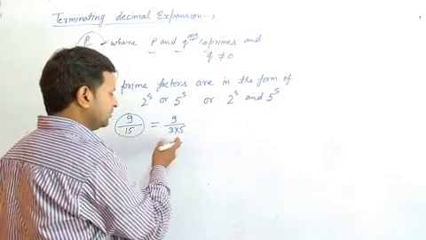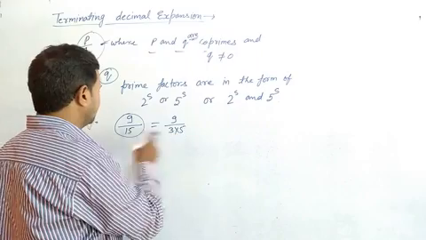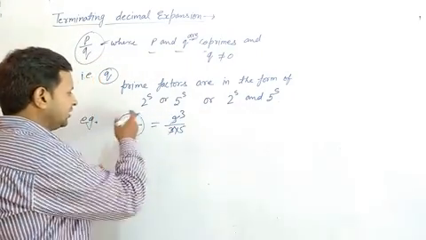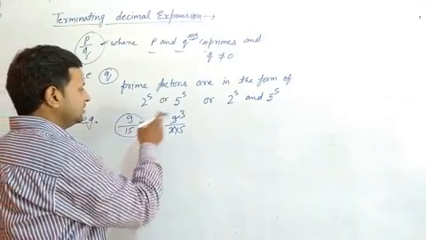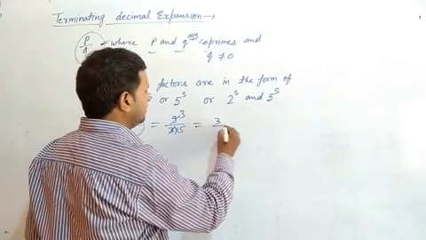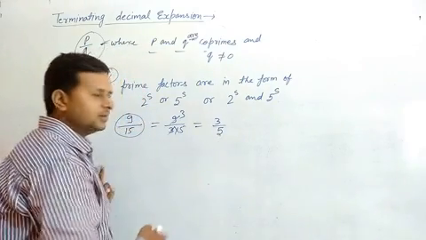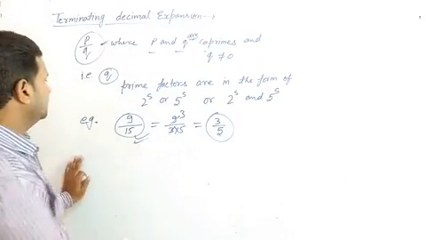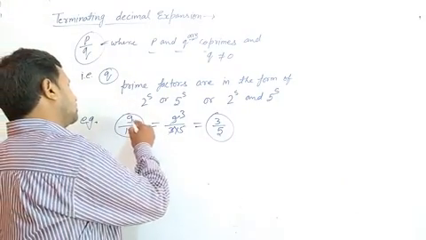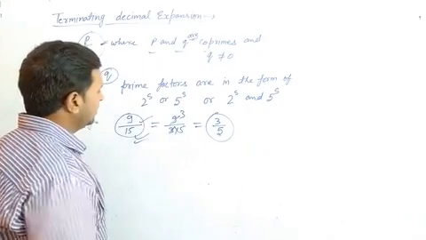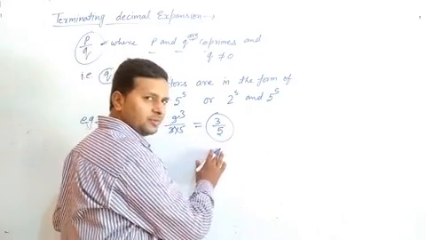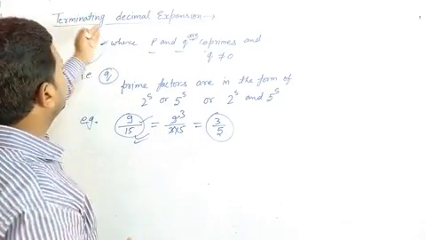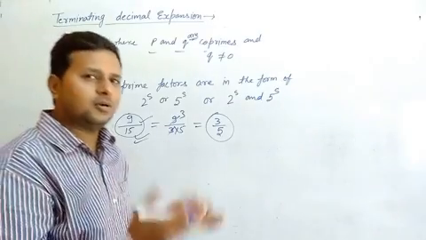By factorize, we can find here 3 into 5 is 15, 3 3 are 9, okay, and you can directly cut it, 3 5 are 15 and 3 3 are 9. Now, in this way, we find here, this is the simplest form. Our question is 9 upon 15 and its simplest form is 3 upon 5. Now, we have to find is it terminating decimal expansion or not.